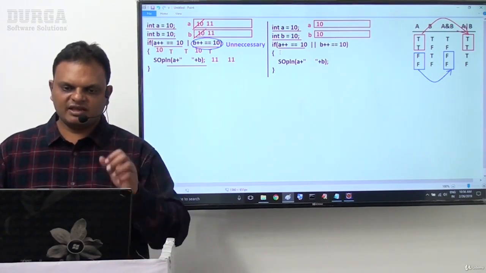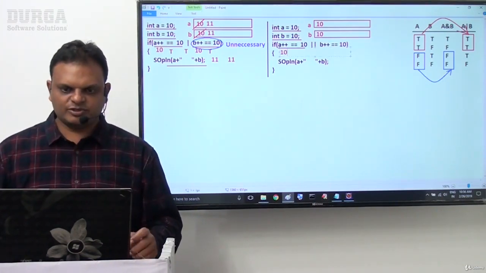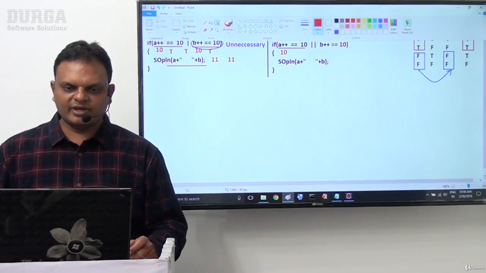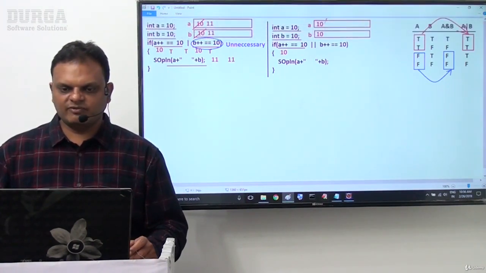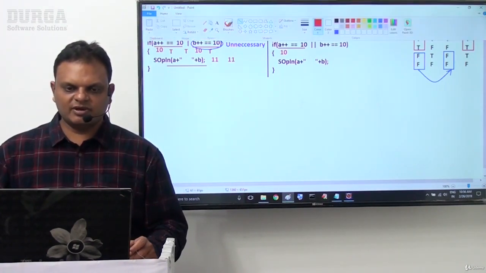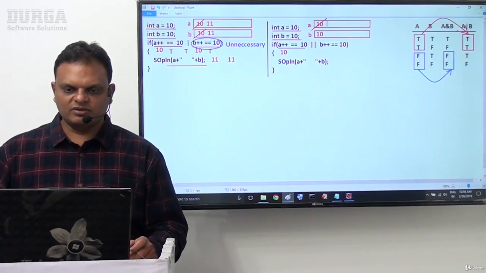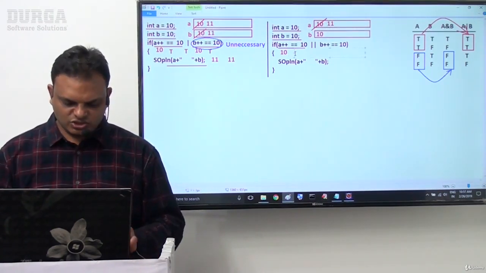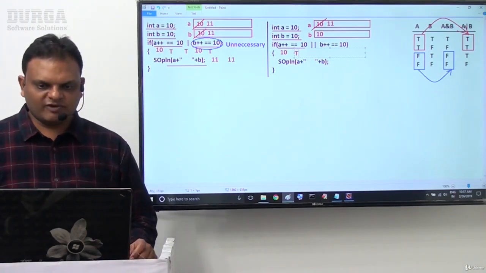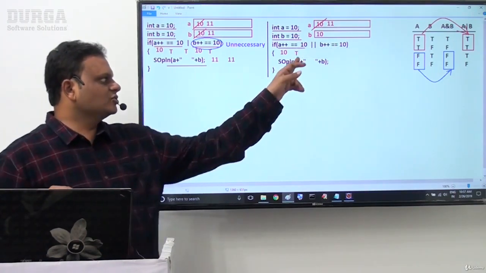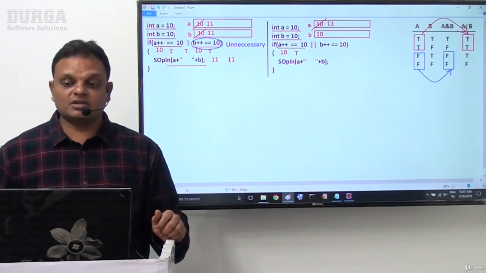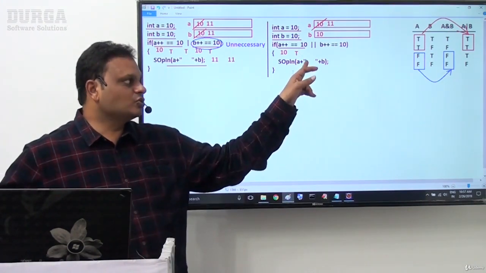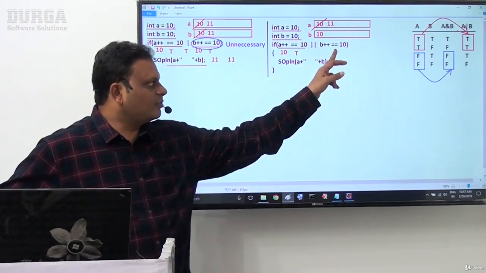The current A value will be participated in our expression, but internally in memory, that value is incremented by 1. So the 10 value is incremented by 1. Here we are able to get which value? No, 11 value we are getting. So 10 double equals 10, the condition is true. Good. In the case of OR operation, the first operand value is true. Now what is the shortcut mechanism? If the first operand value is true, no need to evaluate the second operand.